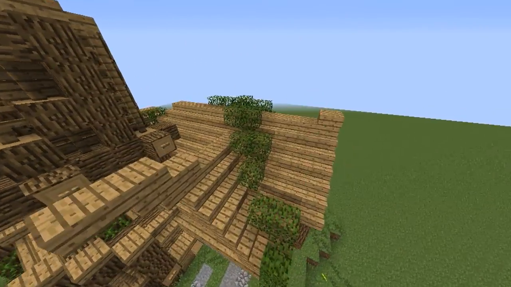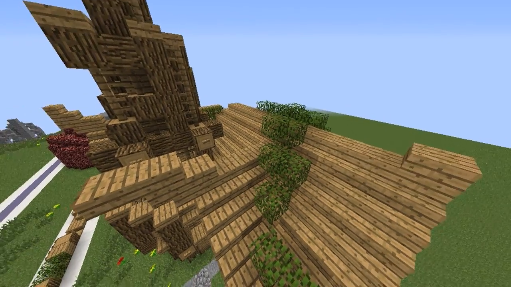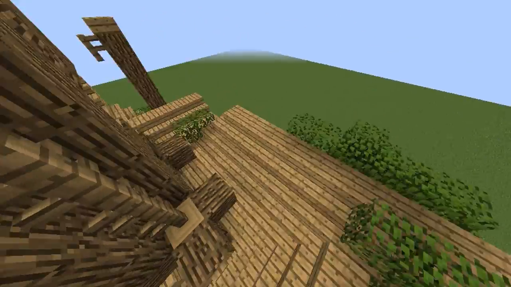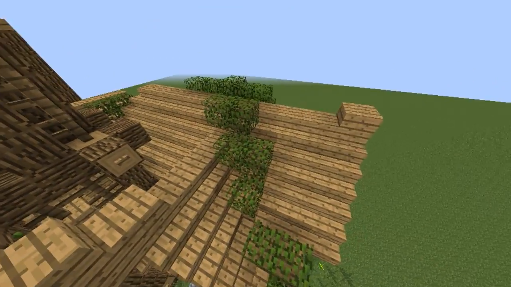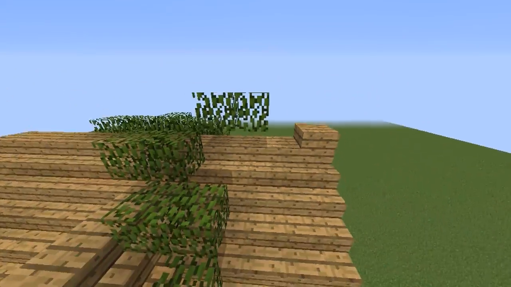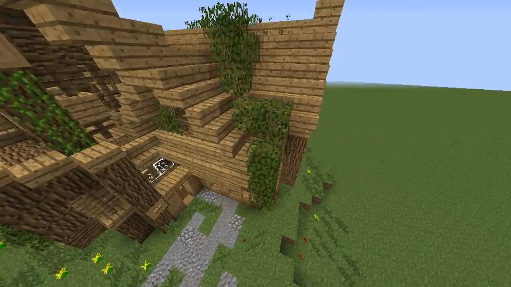And lastly, whenever you're in trouble and you think it just needs one last little thing, you have everything, you used everything, maybe this didn't look right with it, maybe that didn't look right with it, maybe it's leaves that you need. Now, leaves can be tricky if you use them on half slabs, because you can see here you got the floaty stuff. But if you place them right, you can make them look really cool and dangly, so